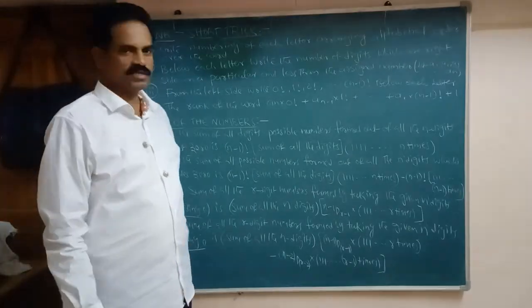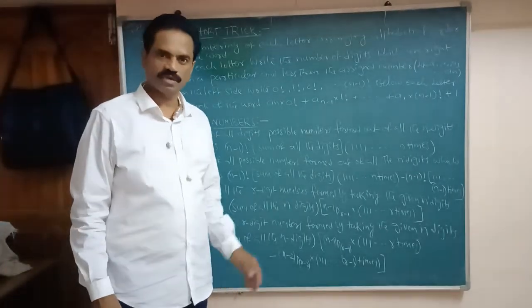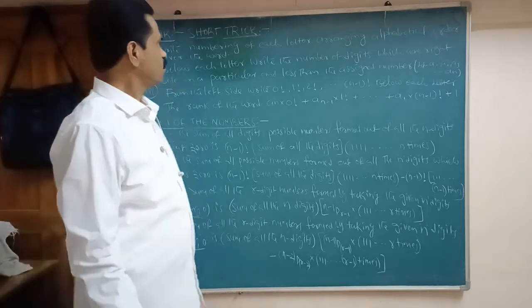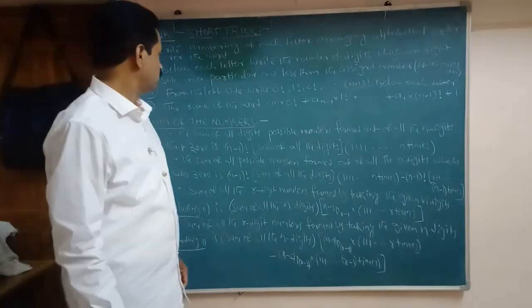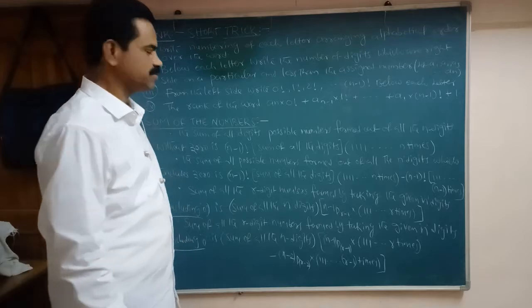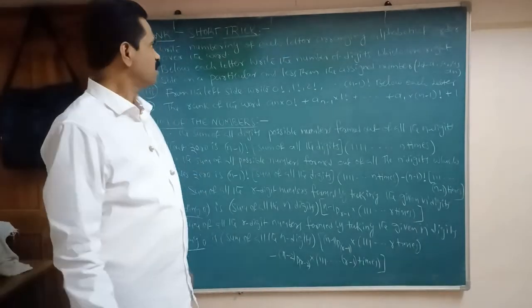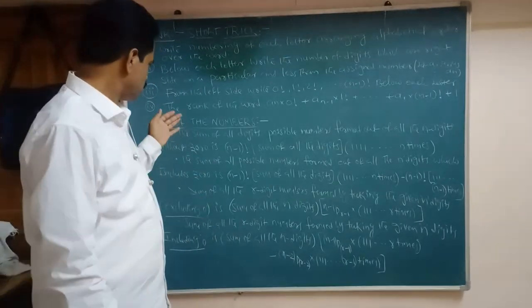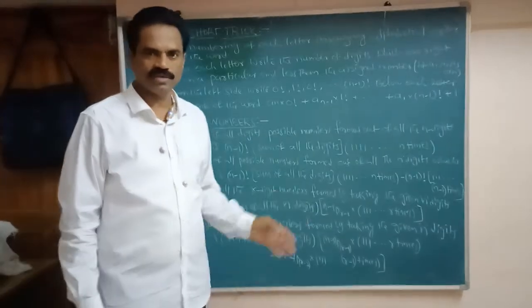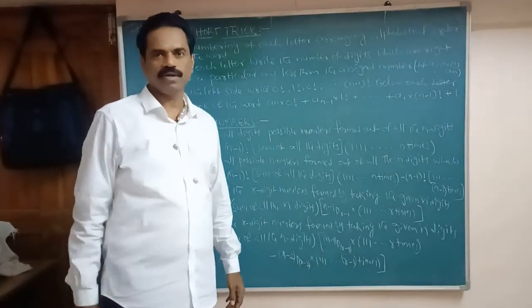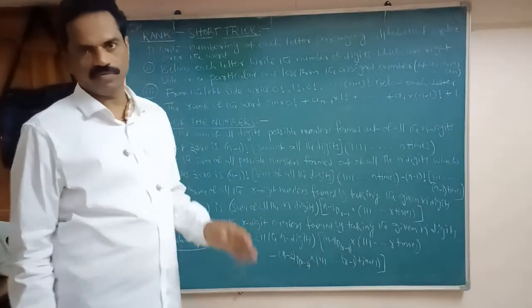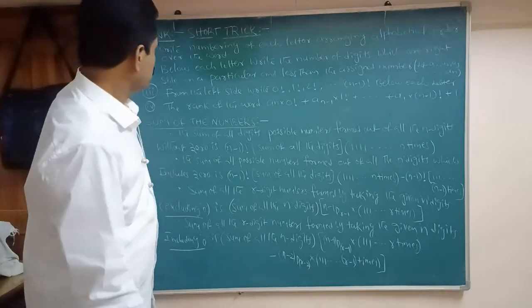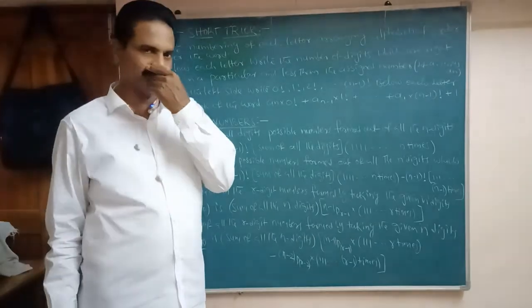Yesterday we discussed permutations and combinations. Today we discuss rank and the sum of numbers. Rank, we know that. Here there are two methods. One is the proper method, that is the IP model. One is the short trick. We will discuss both here. First we discuss the short trick method.